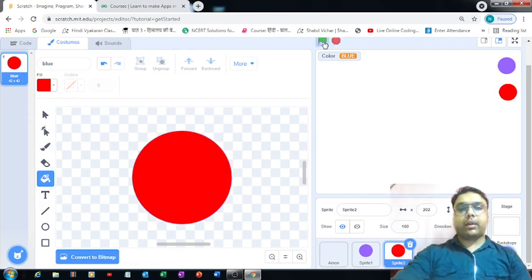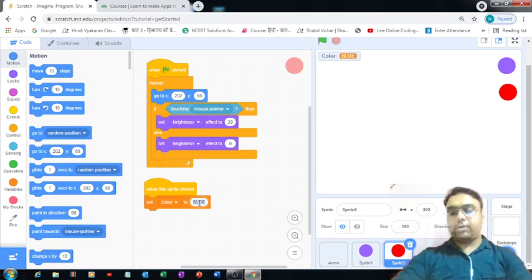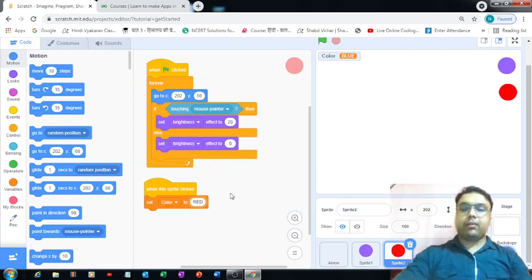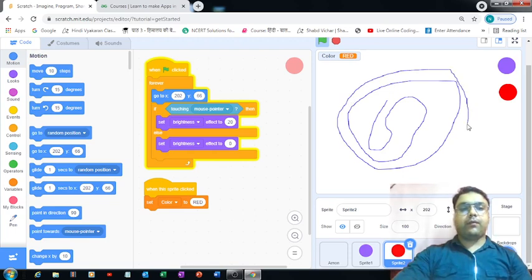Now when you click on this flag, that's the output you will get. And here we have to change this blue to red. We need to change it to red, like this we can do it. So now we have two different colors. Right now, whatever I am drawing is getting reflected in blue color, but it should not happen.